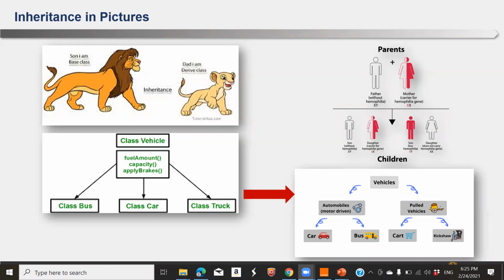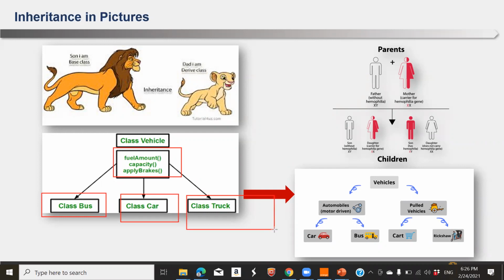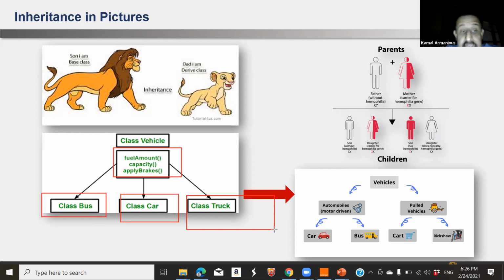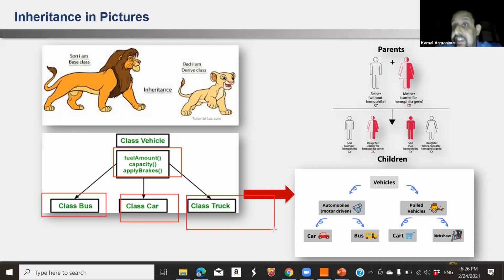It has brakes, it has fuel, it drives, has capacity. Of course. So what the base class can do, all the children can do also. But do you think the car is the same as a bus? No, the bus is larger, for example, than the car. Bus is larger, and more seats. In terms of capacity. So is the car similar to the bus in terms of capacity? They are different. So they inherited the capacity function, but all of them are different in the capacity.